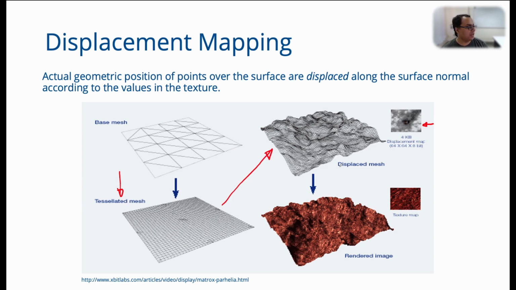and you get a displaced mesh. Now on top of the displaced mesh, you can apply a normal texture map to get the colors of the fragments. So this is just a normal texture mapping, and what you get is the rendered view of a terrain. So this is very commonly used for rendering terrain. So whenever you see